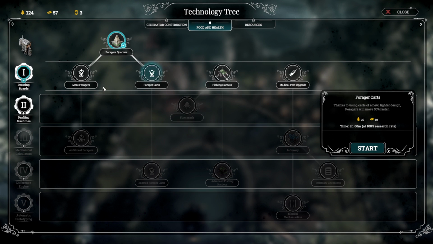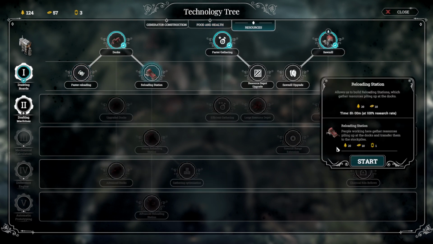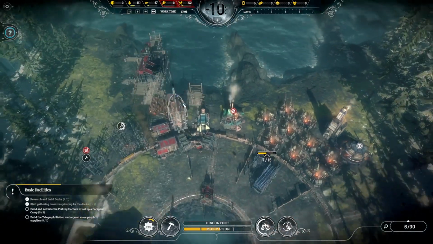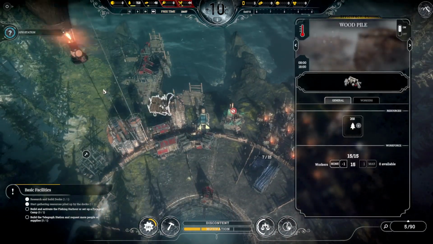So we're going to go for forager carts, more foragers. I don't know how this works yet. I feel like I want to stick with the ones I know. I'm going to go for a reloading station. I think that's kind of what I want now. It gives us a bit of movement, considering these guys seem to be able to cover a lot of